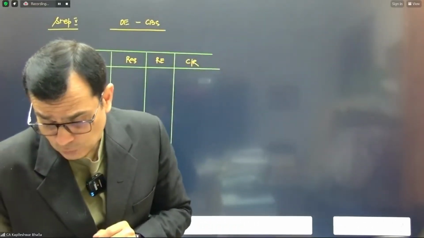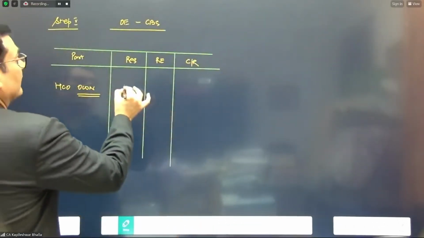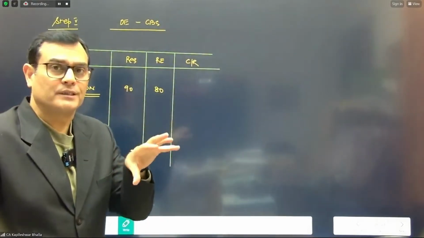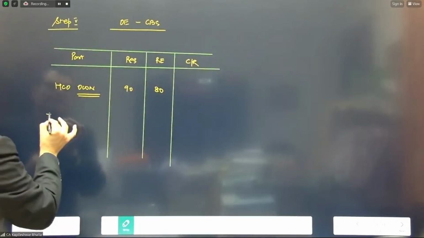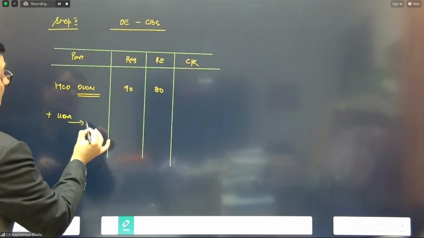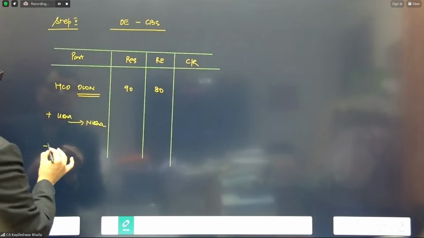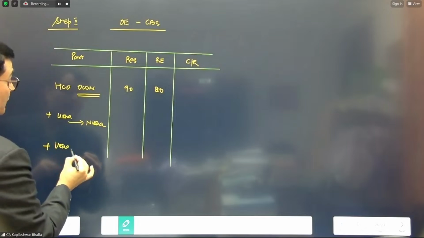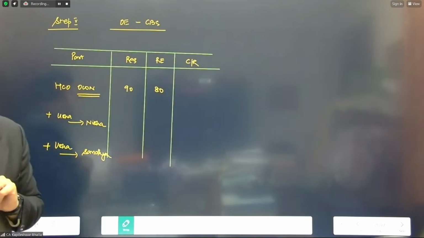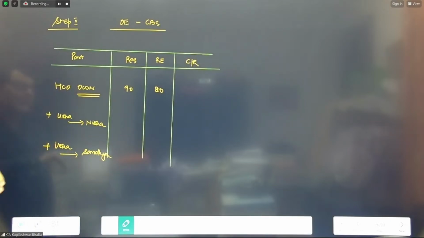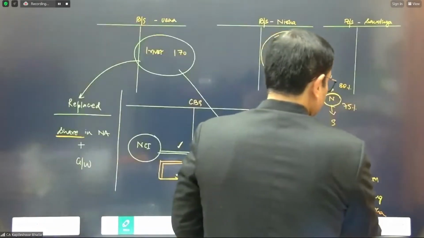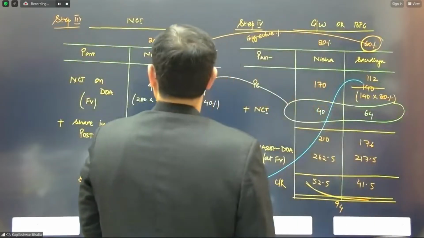If we go to the balance sheet of Usha, the reserves are appearing at 90 and the retained earnings at 80. This is the own reserves of the top company. To this we add the share of Usha in Nisha post-acquisition. We also need to consider the share of Usha, not Nisha, Usha in Sandhya effectively. So we need to consider everything from the top company's point of view, Usha in Nisha and Usha in Sandhya. So that's what we need to do. Let's go back to the analysis and see the post-acquisition figures.